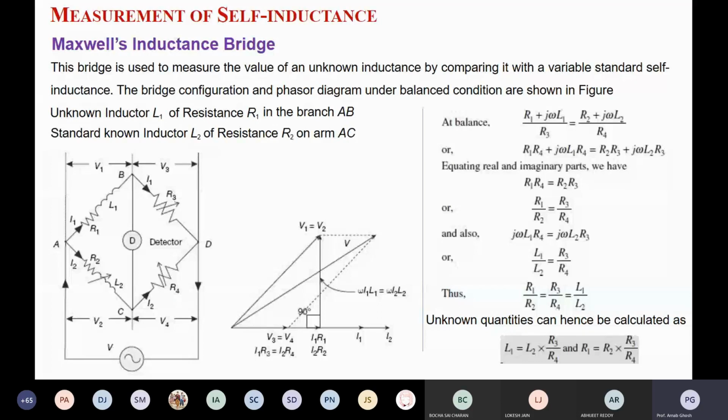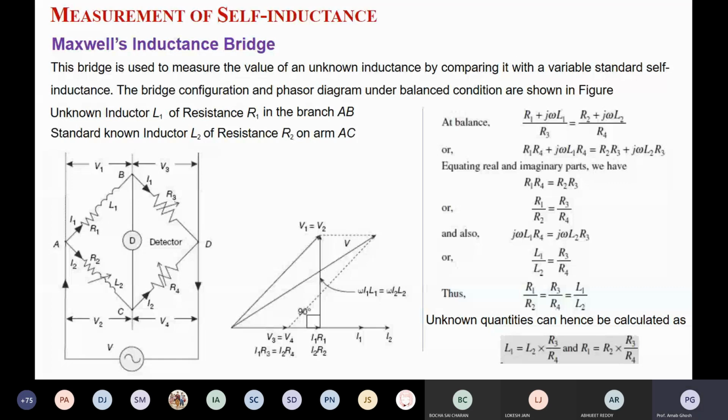In my last class, I just started with some basic operations for AC bridge circuits, where four impedances need to be calculated for individual bridges. First we are focused on measurement of inductance, then measurement of capacitance, and sometimes measurement of frequency. For individual quantities we have individual bridge circuits. First we started with the general structure.